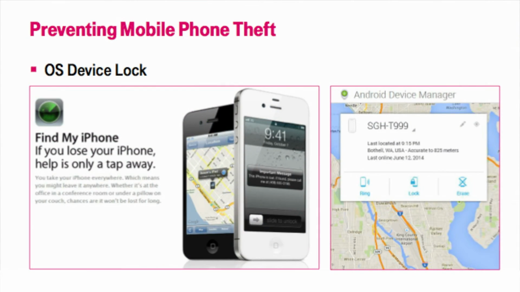Well, preventing phone theft first starts with you as the individual, as the consumer. One of the first things you can do, if you're using an iPhone or an Android device, is leverage the capabilities built into those devices. On iPhone, there's the Find My iPhone application, which works very similarly to Android Device Manager. You just log in with your credentials. I believe it's your iCloud credentials, or for Android, it's the Google account you have associated with your device.